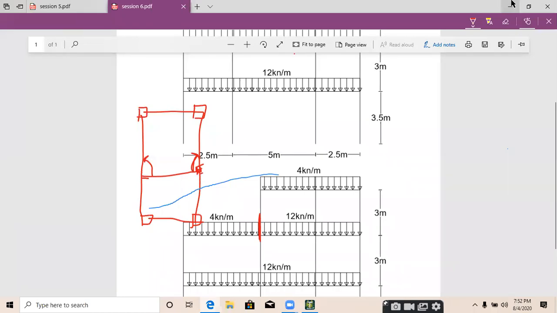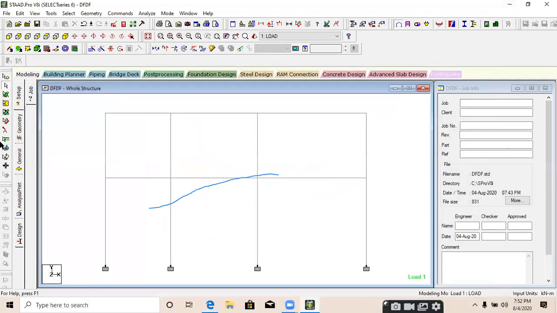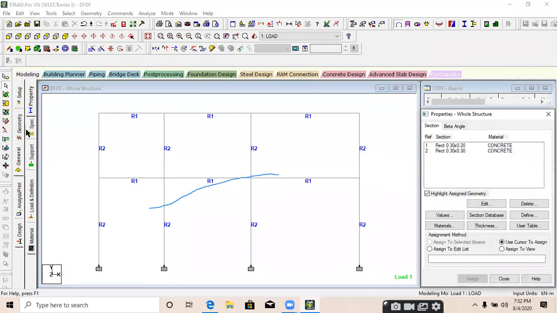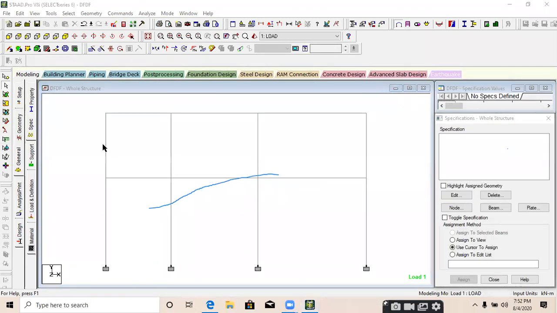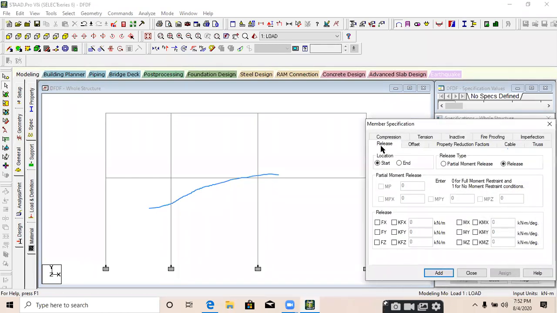In a steel structure, we do moment release. Just go to general specification to release the moment. If you want to release it, I'll tell you. Go to general specification, go to the beam option over here. In beam, go to release. If you want to release a moment at the start point, just go to start and check mark on MX, MZ, and MY.